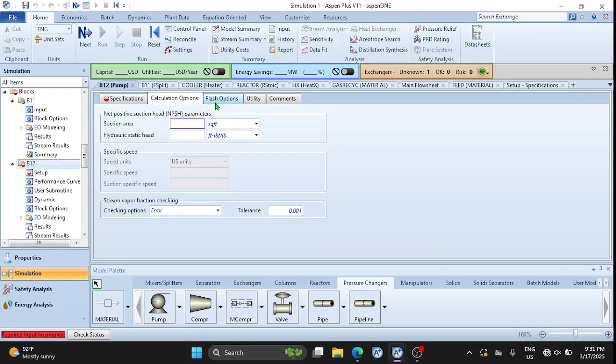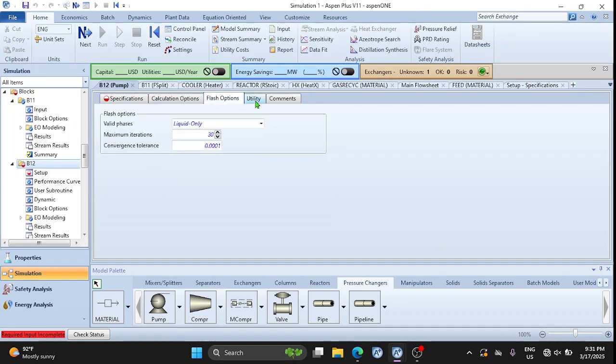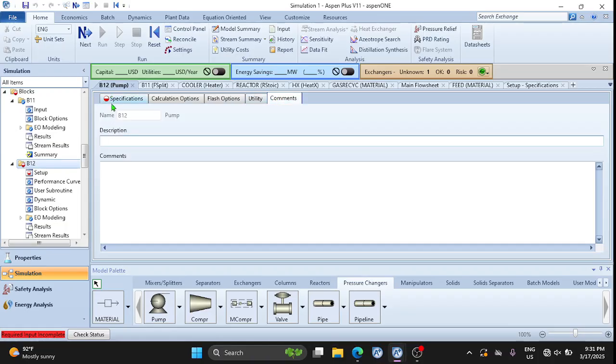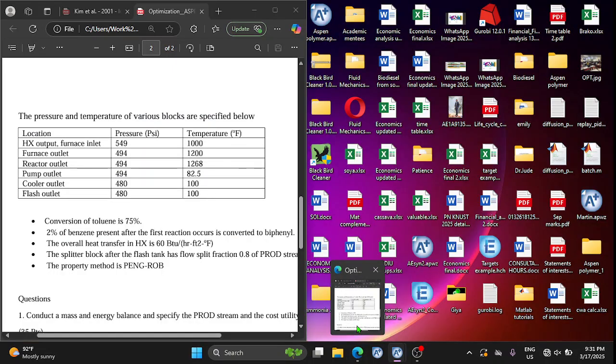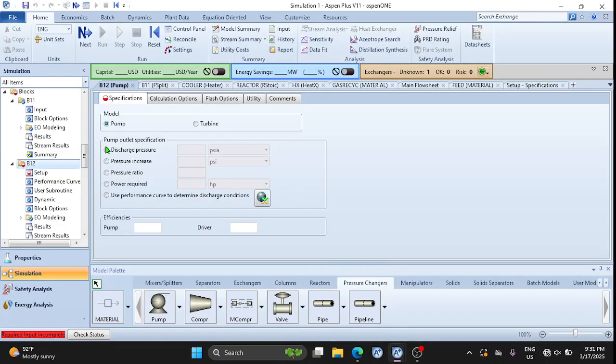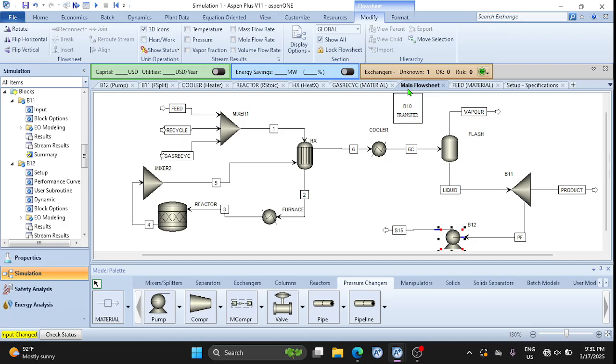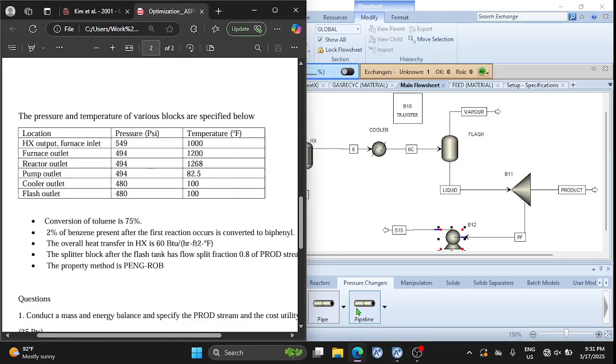We don't have the liberty to specify the temperature, right? So I'll specify the pressure as given to me in the question. The pressure was 494, so discharge pressure 494 psia. So the thing I wanted to say is, you see how sometimes the question gives extra specifications, like we have the